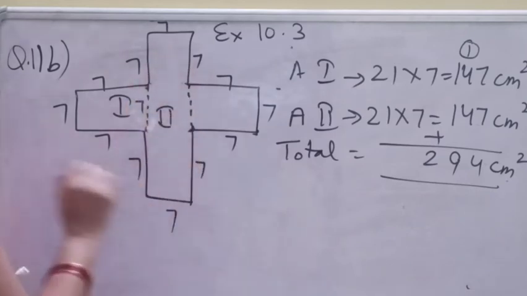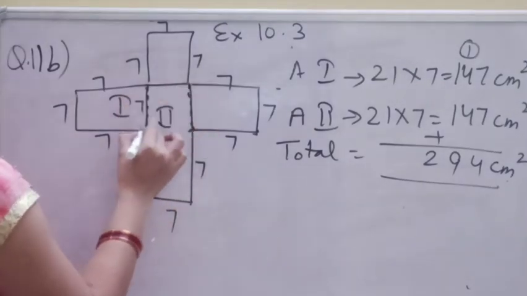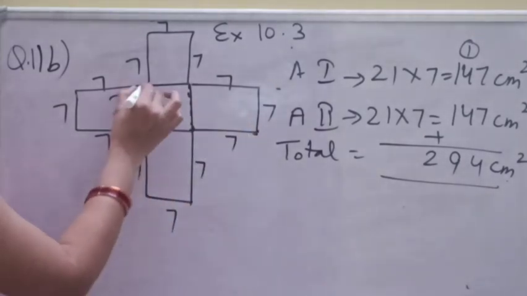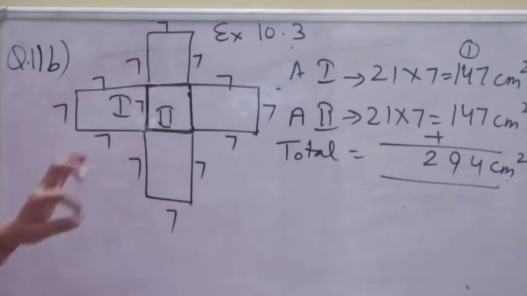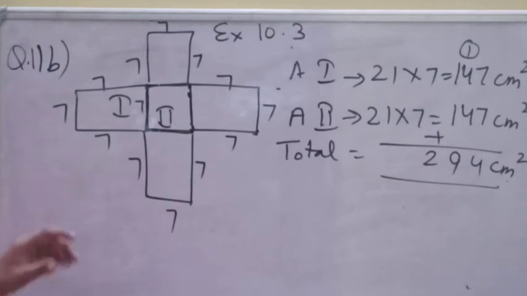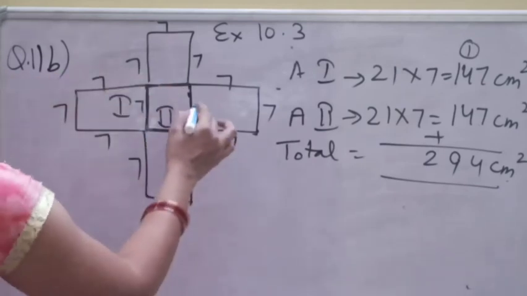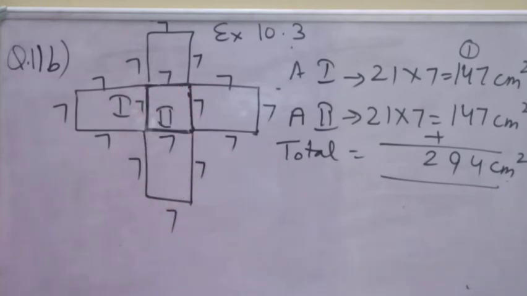When we count this way the area, we are having this part, and when you count in this way first, there also you are having this same part. So double counting we have done for this part. So what we have to do, if we reduce it one time, then we will get the exact answer. So we will find the area of this part which we have counted twice. This side is 7, so 7, 7. This is 7, so this side is also 7. So now it will become a square.